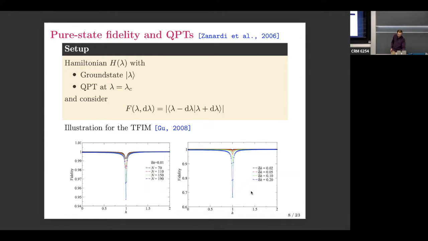And again, you see this clear suppression of the fidelity at the critical point. So, I mean, this was very well known. So today I want to introduce a measure which